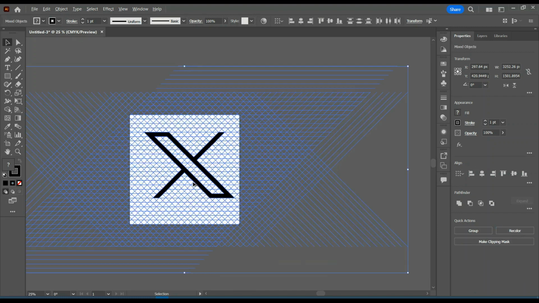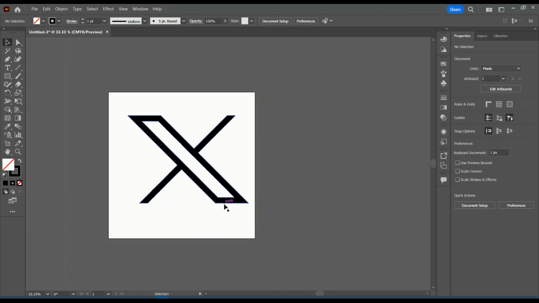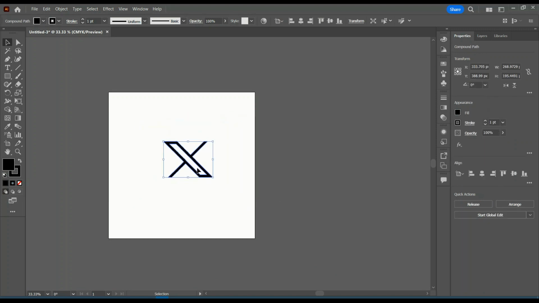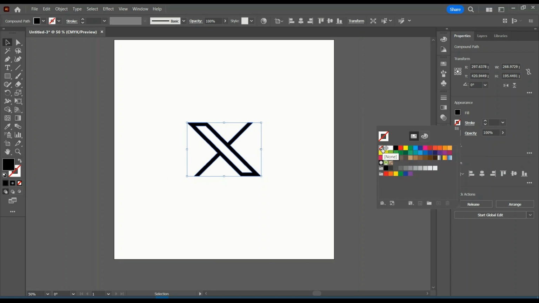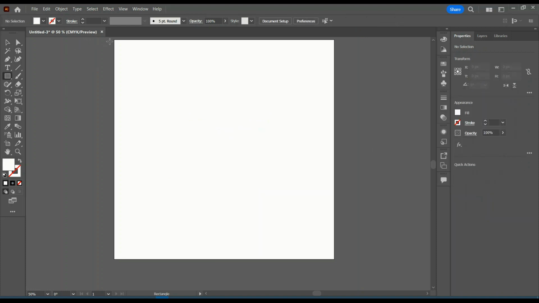On group, going to hold shift to select this, then delete every other thing. Going to change this, going to change this to white, and then